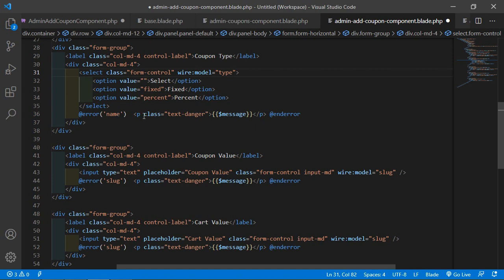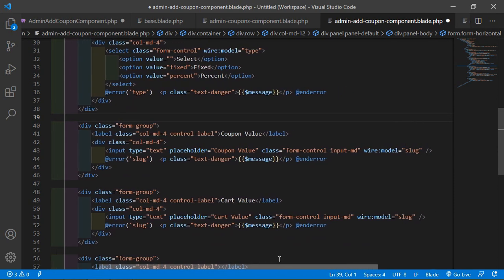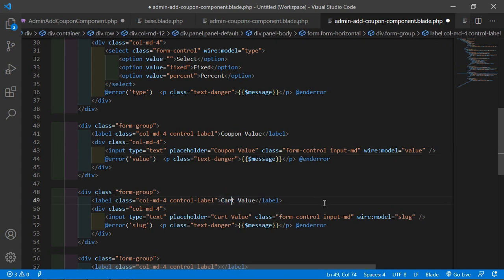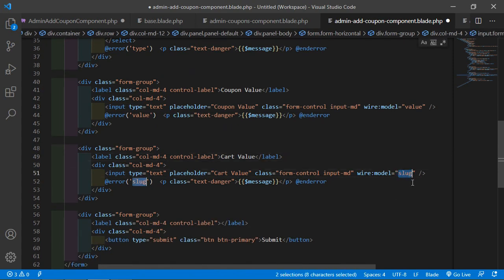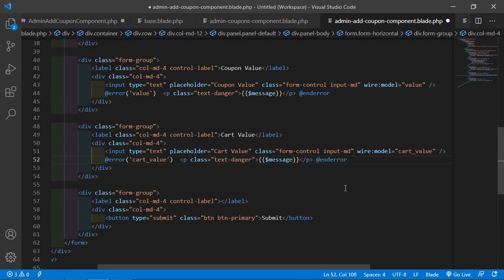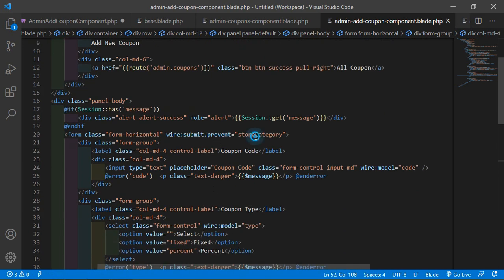Okay, and also change here type. And for the coupon value, control plus D value. Okay, and for cart value, select control plus D cart_value. All right, okay, now save this, and also change here the method name, function name, the storeCoupon.